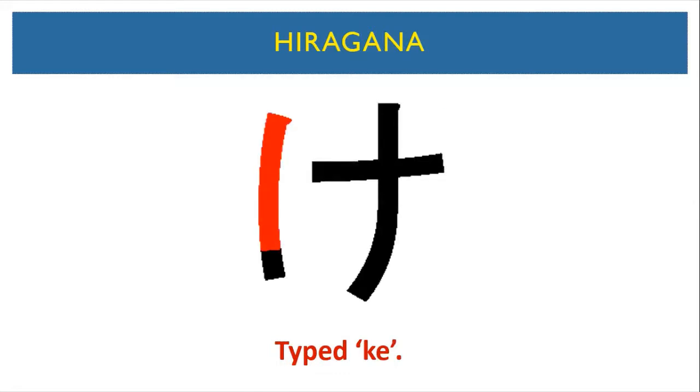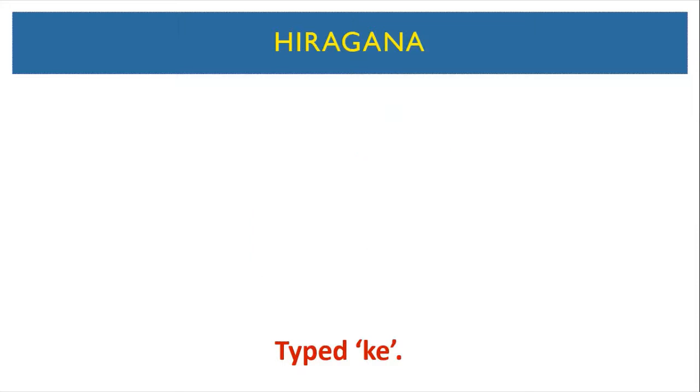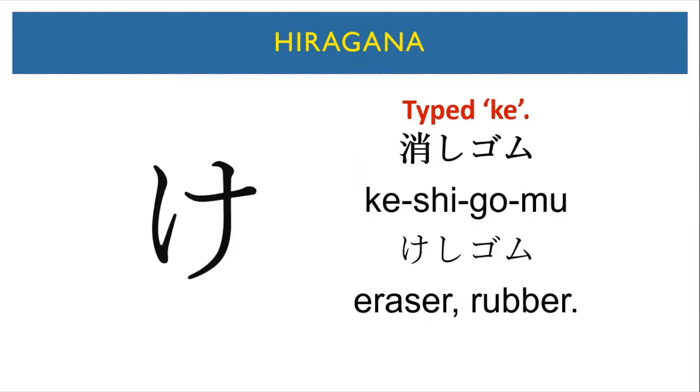Okay, the next one. け、ke. Ke is typed K-E. Okay, sorry. K-E. When you type K-E, you get ke. And ke as in 消しゴム、keshigomu. So, Toshiro-san, may I ask why is this gomu